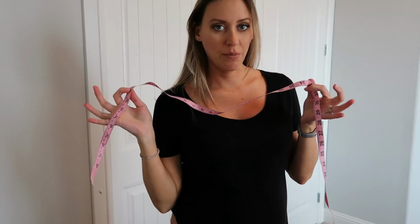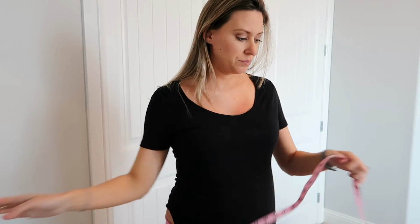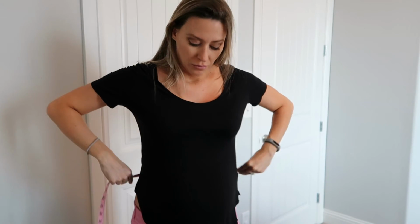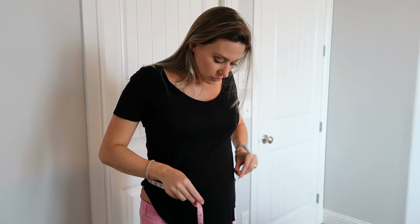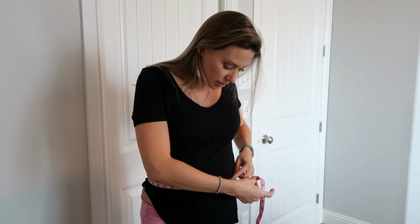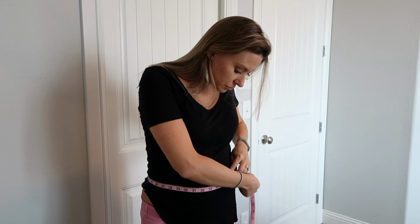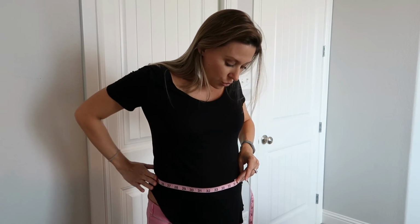Let's do a little measurement just for some perspective. See how big we're getting. Got my measuring tape. Let's see. Measure right at the belly button. We're about 36 1/4